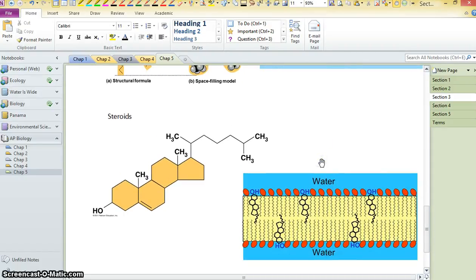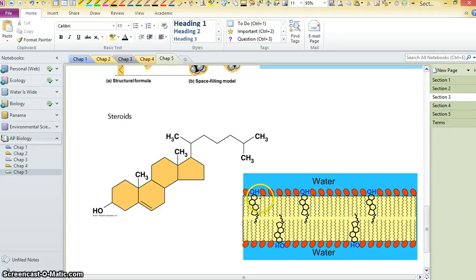All right, another kind of lipid, which is sort of completely different from the others, is known as a steroid. We saw that in the previous chapter with the estrogens and testosterone. And here's that basic structure. You can see this one is different from those. It's cholesterol, and cholesterol is a necessary component in our diet, although you don't want too much of it,